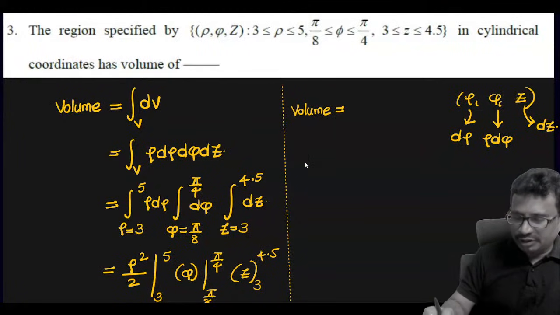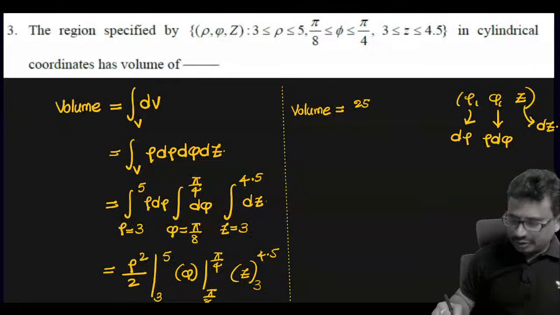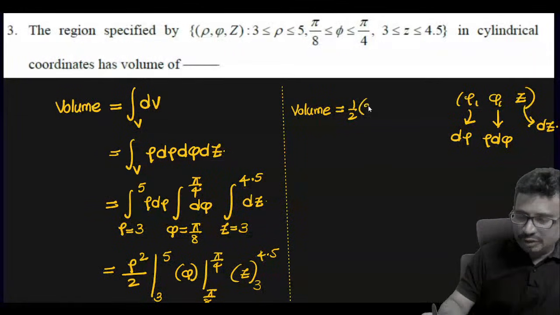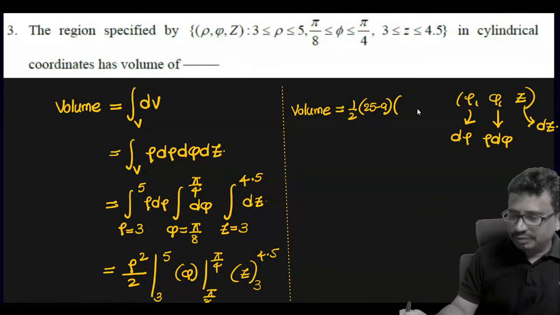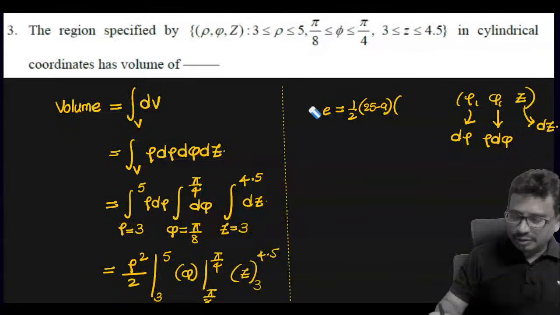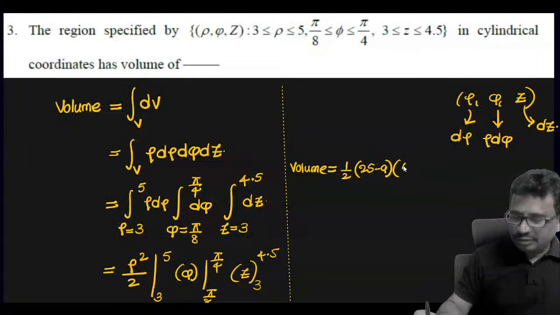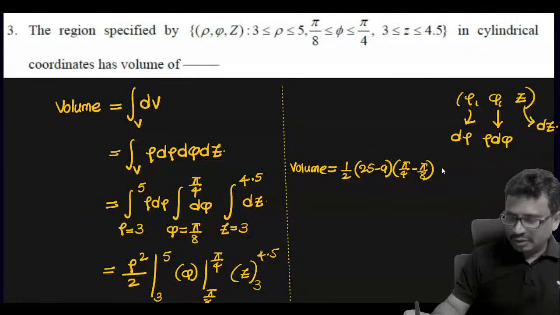Rho square, that is 25. So the volume is 1 by 2 into 25 minus 9, then pi by 4 minus pi by 8,